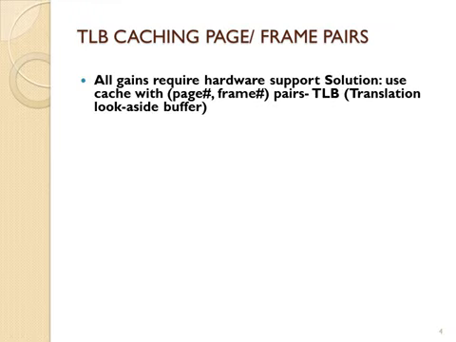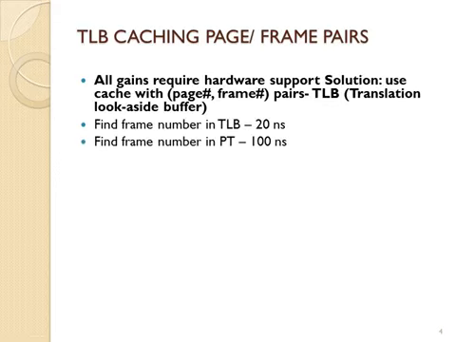So let's talk about page frame pairs and caching the page frame pairs. There's a thing called a TLB, or translation look-aside buffer, which is a cache where you cache page frame pairs. Now, like I said before, say you access memory and it takes 100 nanoseconds. But in reality, it's going to take 200 nanoseconds. Assuming there's no page fault and the page is in a frame, it will take 100 nanoseconds to check the page table and then another 100 nanoseconds to actually do your memory reference. So it's 100%